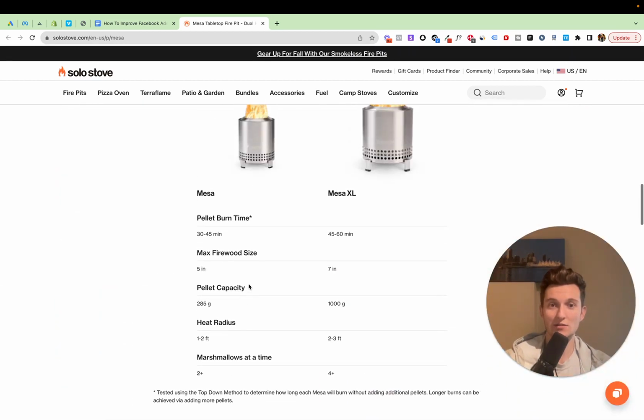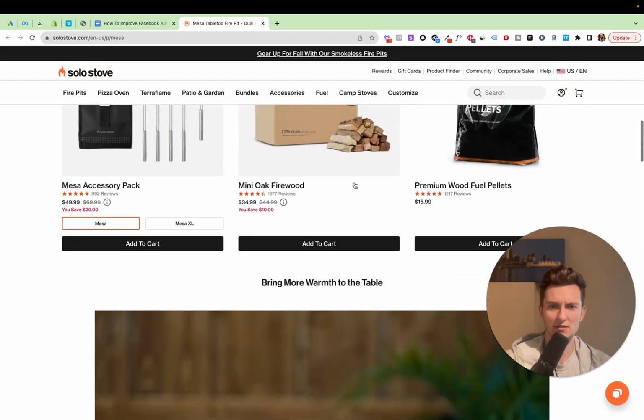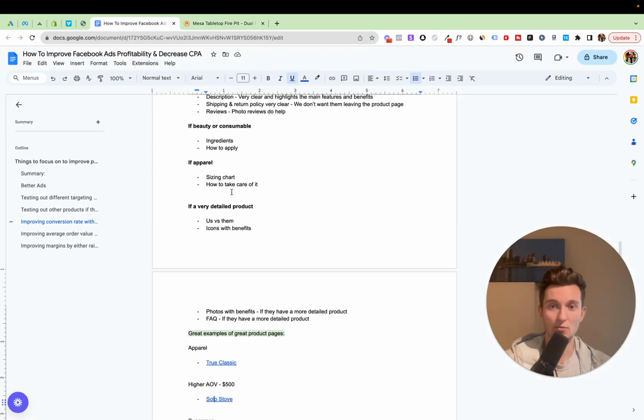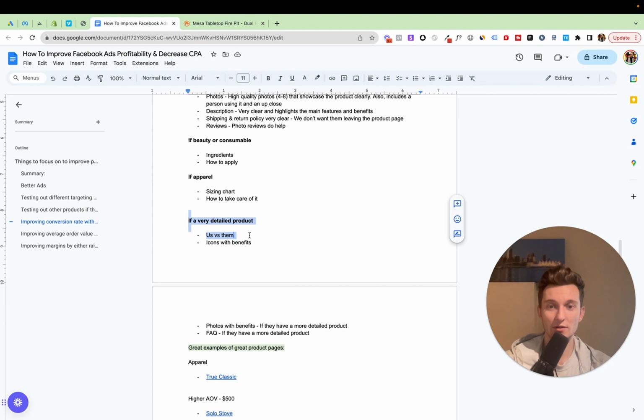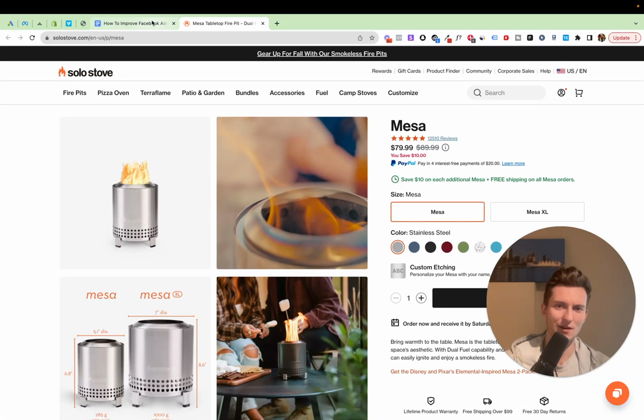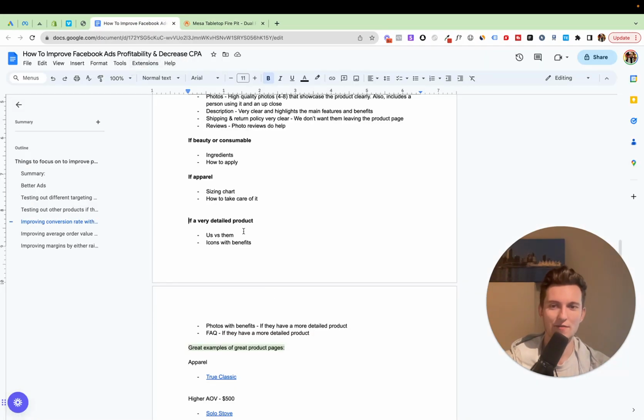Okay, so they actually don't have an us versus them. They do have it for their own products. But I would say regardless, it's a really good thing to do for a more detailed product. Not saying you have to include it. 100% test it out, but I would say it is quite helpful depending on what kind of product you have. For them, it's a very unique product. I don't think there's too many competitors. But if there's a more detailed product and you're selling furniture, for example, showcasing your brand compared to competitors,